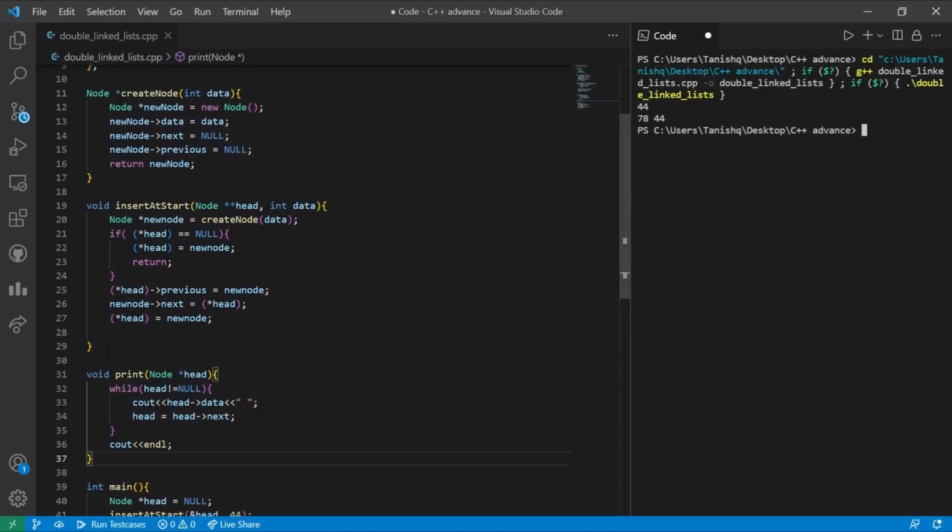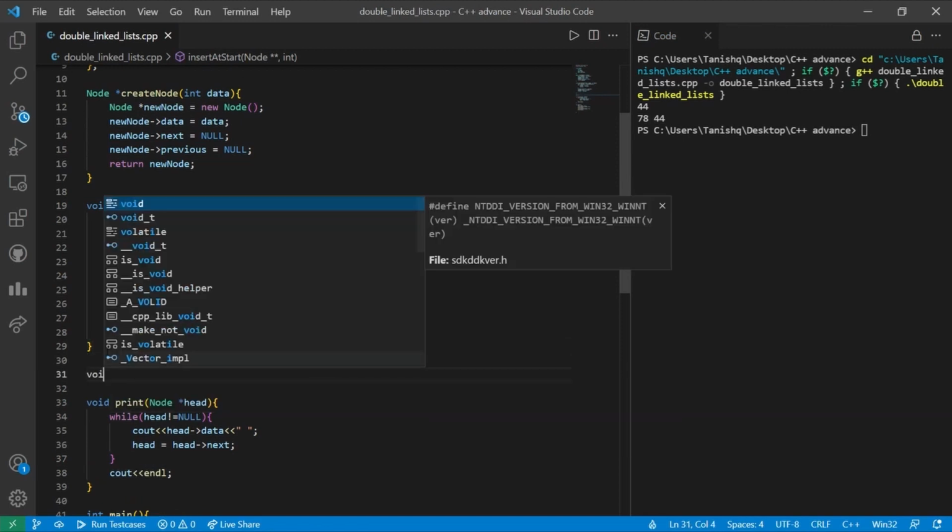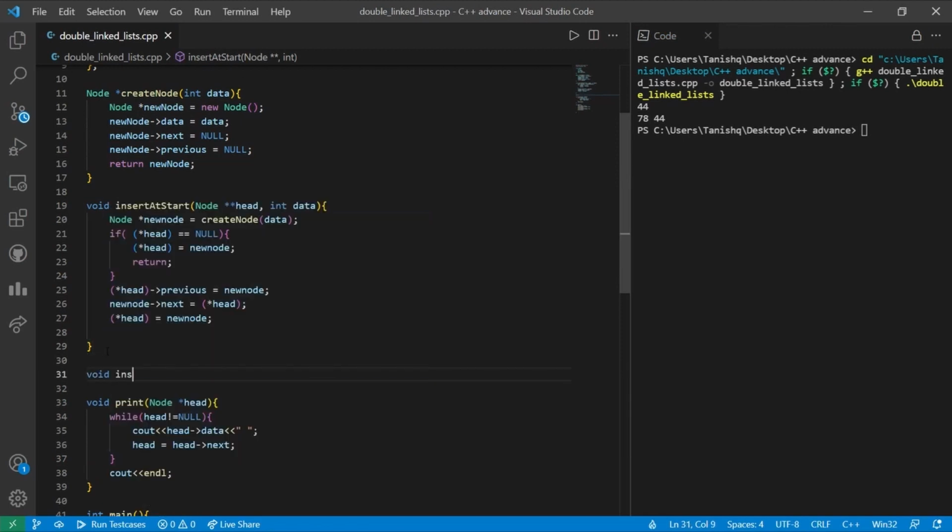Now we are supposed to create one more function, just like insert at start, in order to insert our node at the tail of the linked list. So over here, let us create a function named insert at end.